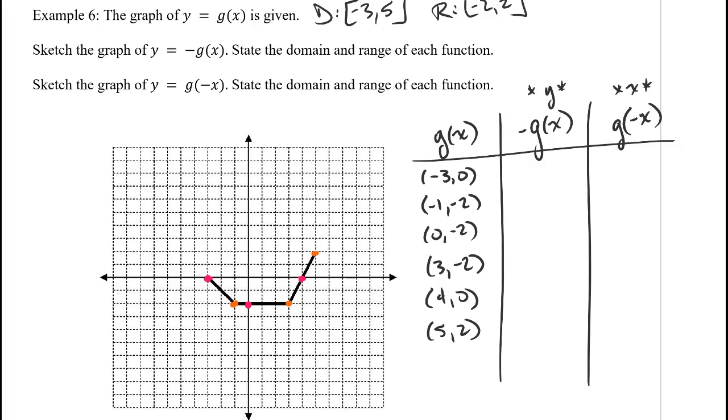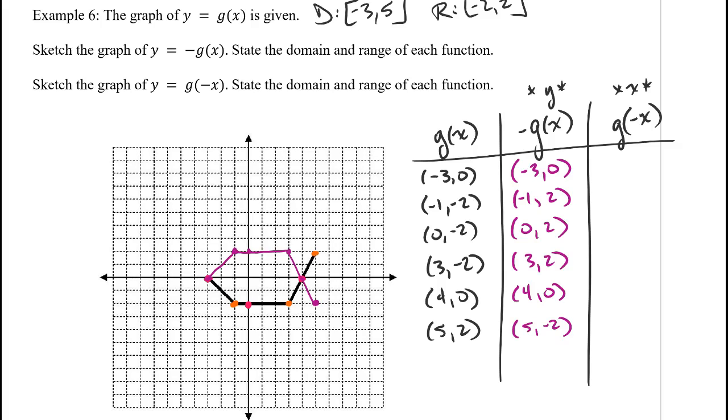So if you want to pause now, take a second, give it a shot, see if you can figure out what these coordinates would be in each of these different scenarios. When I reflect over x, changing my y values, and when I reflect over y, changing my x values. Okay, so first of all, I'm just going to show you my first column. So when I'm reflecting over x, so I'm changing my y value,